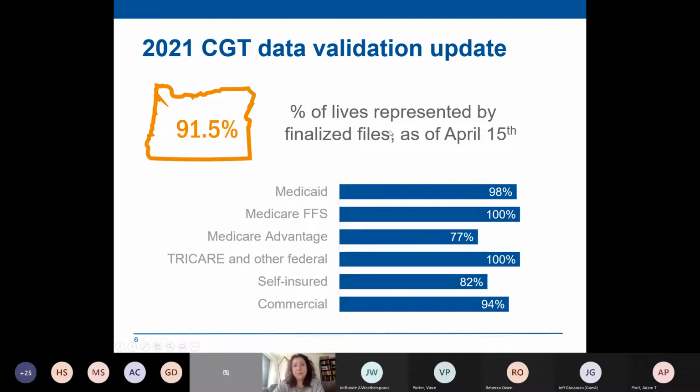But again, this is just our quick status update on the covered lives and how that breaks down by market. Thank you again for everyone who's been participating with us in the data submission and validation and iteration process. Especially those of you who have finished and had a chance to share your reflections with us in those stage 3 meetings. We really appreciate that feedback, and that's informing our development of the process for the 2022 cycle. Sam or Yishan, anything else we want to add on the validation side? This is Yishan. No, I think that's good. I think you got it. Thank you. Next slide, please.